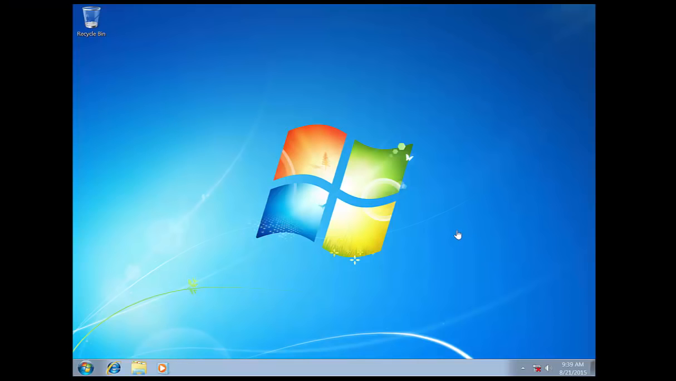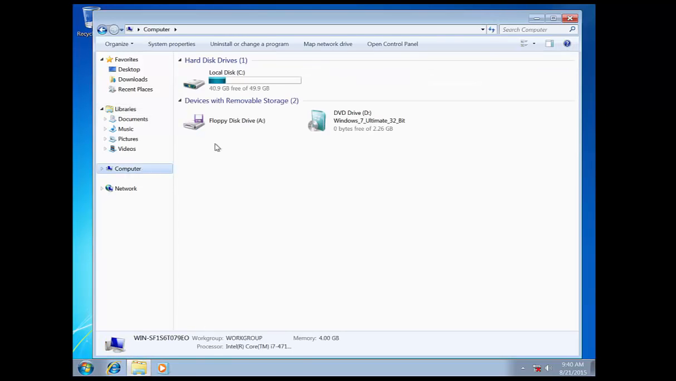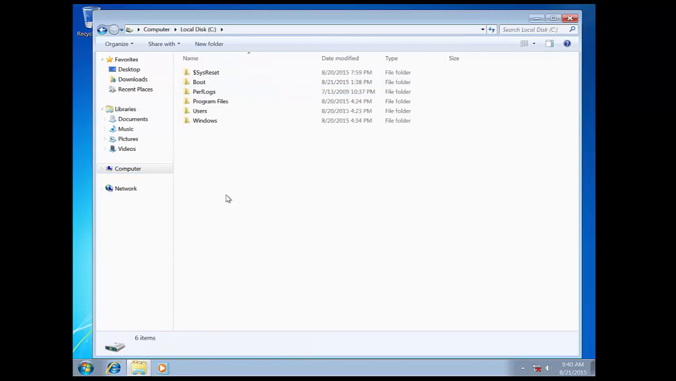Alright guys, so we're back in Windows 7, as you can see. It took less than 5 minutes, but that's because I'm using a virtual machine and I didn't have any data or anything. But it shouldn't take too long to go back. Let's see if we go back to see. You see, we don't see the Windows.old folder at all anymore, and